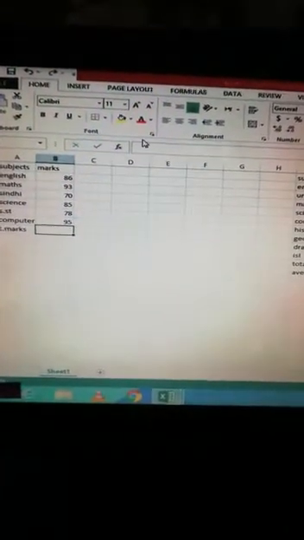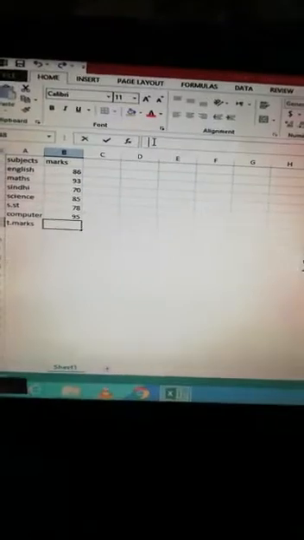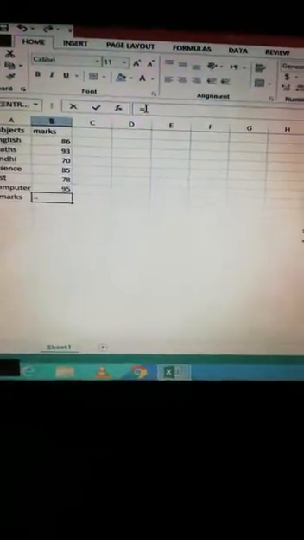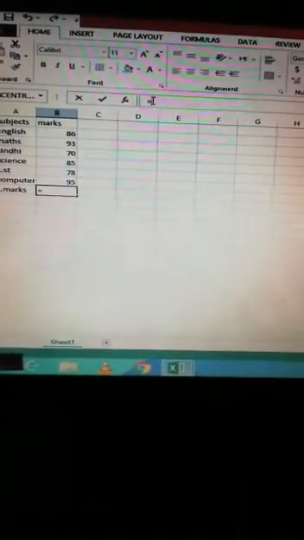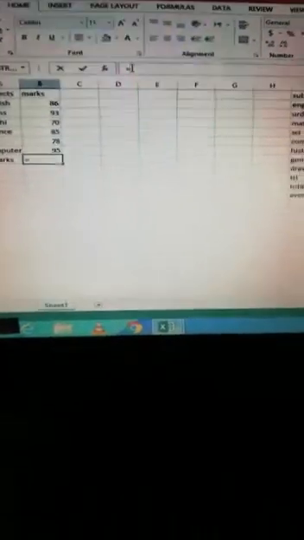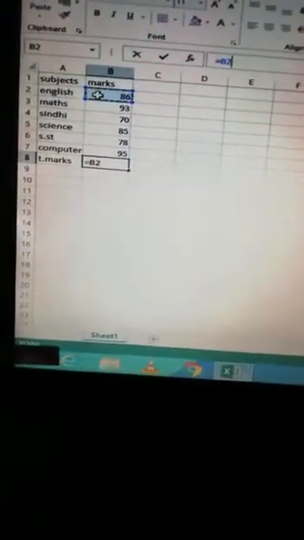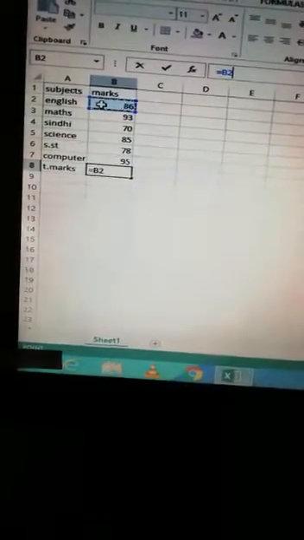We simply have to go to the formula bar. Look, this is the formula bar. Press the equal to sign. Now we have to write the formula using cell references and the accurate operator. To calculate total marks we use the plus sign, meaning the addition sign, and we have to write proper cell references. In my spreadsheet I use column B and my row number is 2. By clicking this, automatically in the name box the cell reference appears, which is B2.